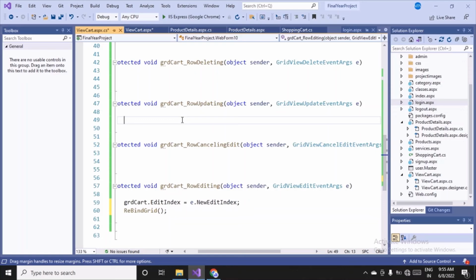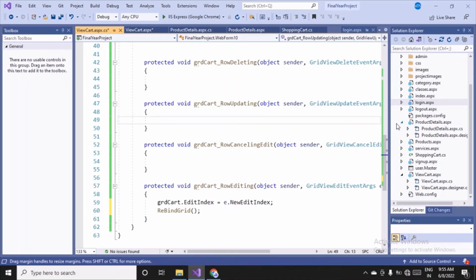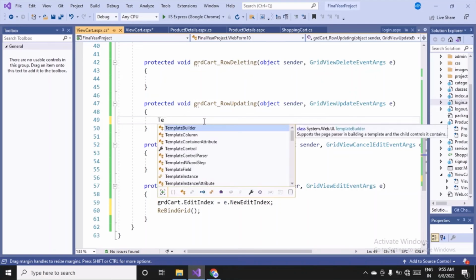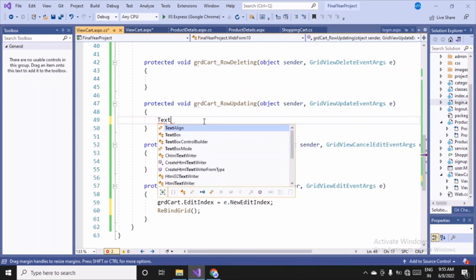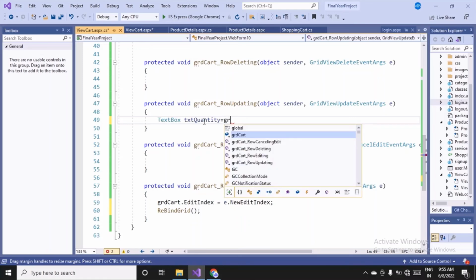Okay, let's go with the row updating first, because we can update the rows, and you all know we were updating only the quantity, right? So let's have a text box here first, because we have to retrieve the value called text box. Say we are declaring the object of text box, let's say txtQuantity, equal to, and on the grid cart,